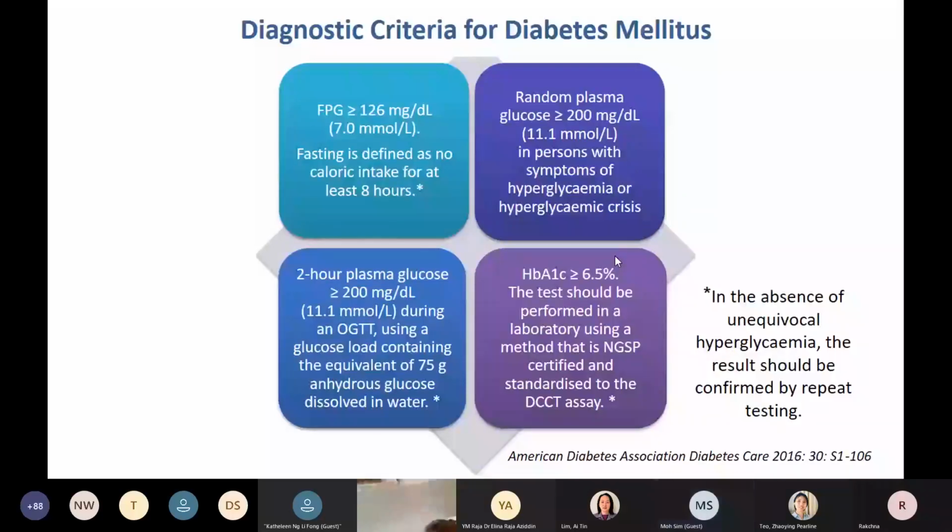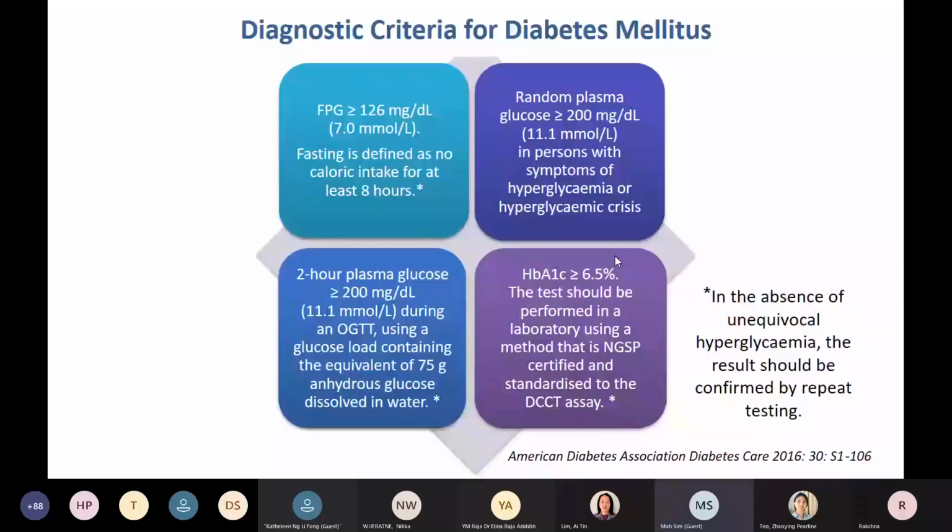A patient is considered to have diabetes if the random plasma glucose is equal to or greater than 11.1 millimoles and the patient is symptomatic. The patient is considered to be diabetic if a 2-hour plasma glucose level during an oral glucose tolerance test, or OGTT, is greater or equal to 11.1 millimoles. And last but not least, a patient is considered to have diabetes if the HbA1c is equal to